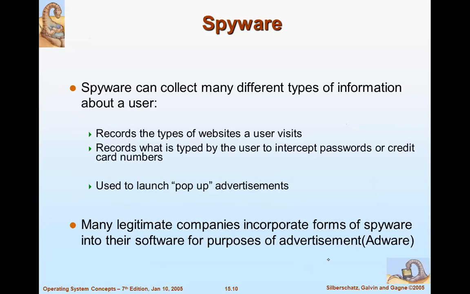Spyware can collect many different types of information about the user. It can record the type of websites a user visits, and record what is typed by the user to intercept passwords or credit card numbers. So look at this, you can have access to his credit card numbers, his password, his personal data, his personal files, his personal pictures, his family pictures,